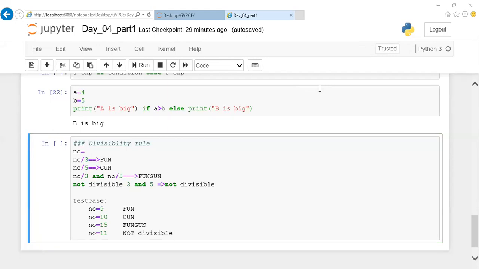Sai Sudhar, according to your program, if I pass 15 as my input, check what you're getting. You'll get only fun as my answer. I'll never get fun gun. Harsha, you didn't get it.